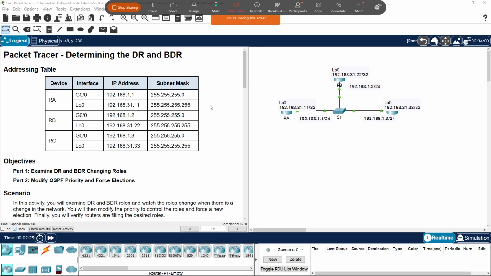So we have to remember that we have three roles. We have the designated router, the backup designated router, and we also have the DROther. The DROther, the D router, is just all the other routers which are not designated routers and not backup designated routers. So let's do this activity because it's going to help us understand a little better how the